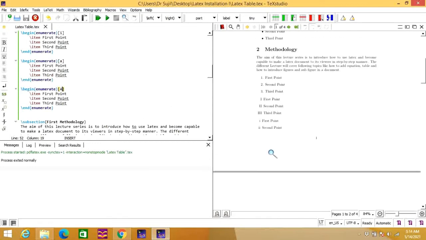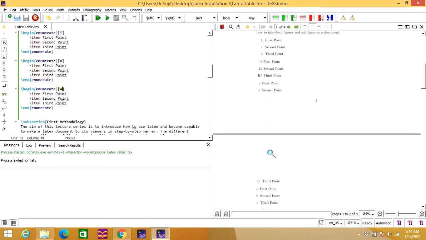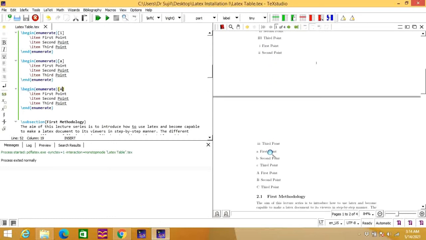So these are the tricks that we can use to add numbering to any LaTeX document.